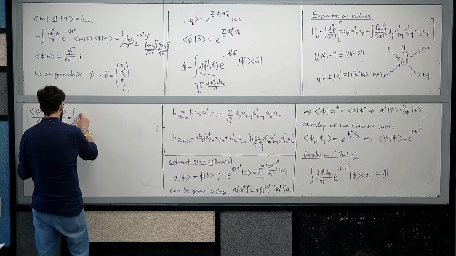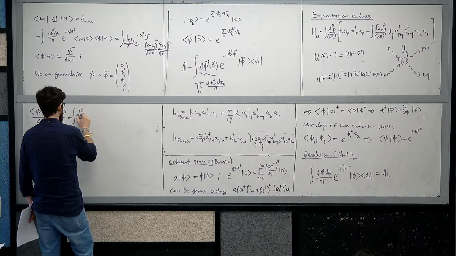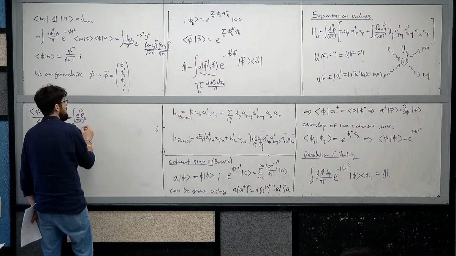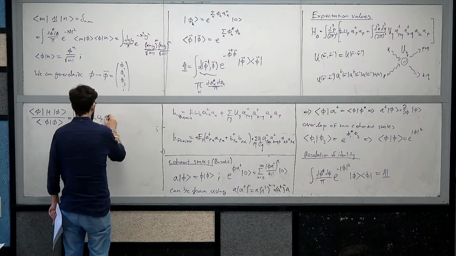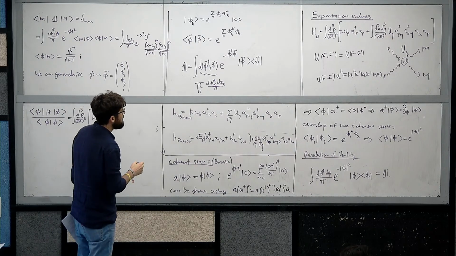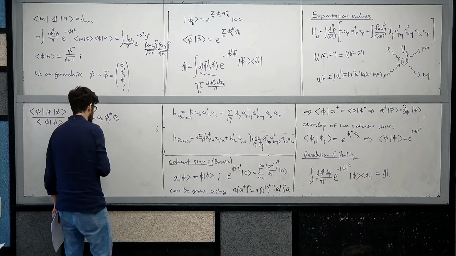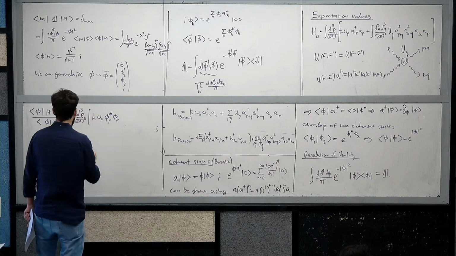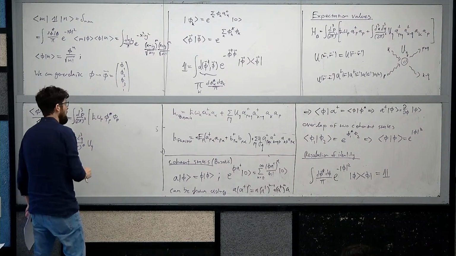In our case, this will just be an integral d3p over 2 pi cubed, and then I have h bar omega p, and then phi of p star phi of p, plus integral d3k d3q divided by 2 pi to the 6, U q,